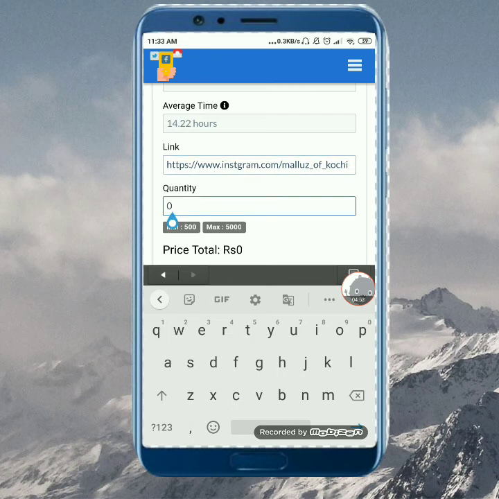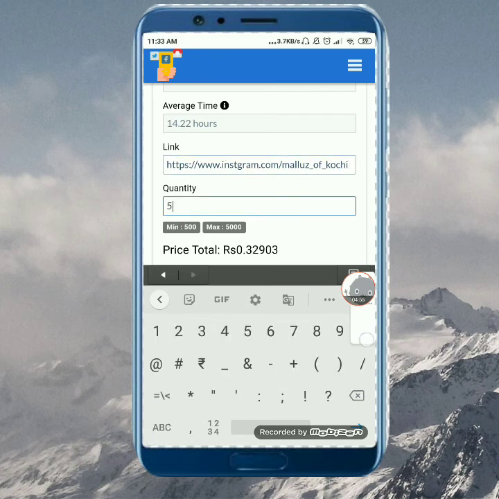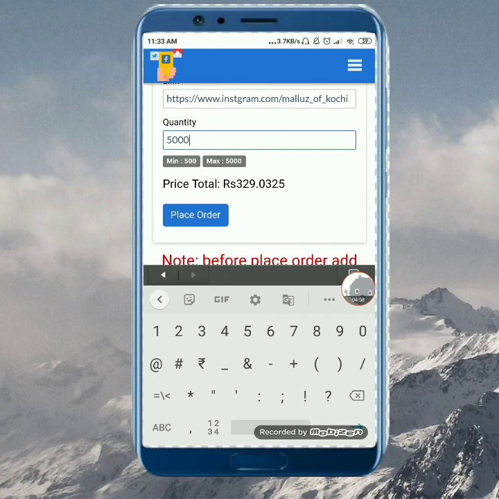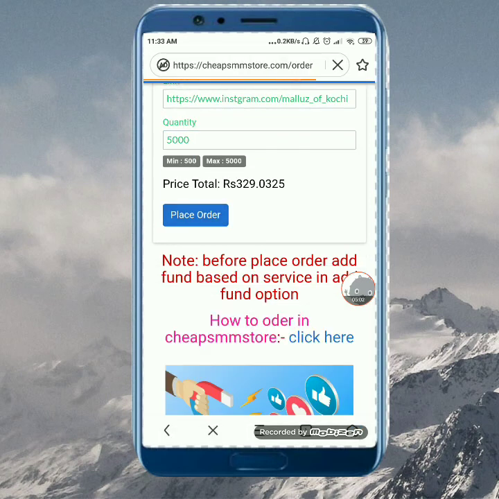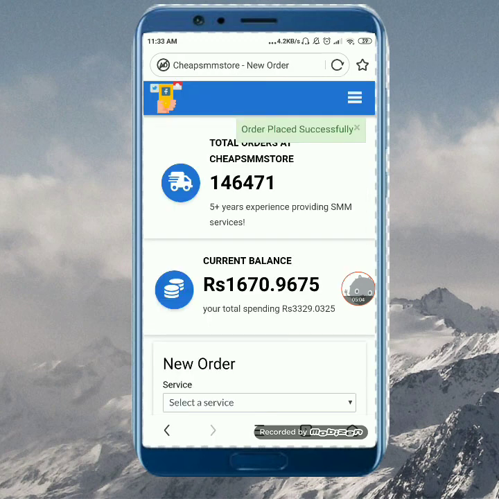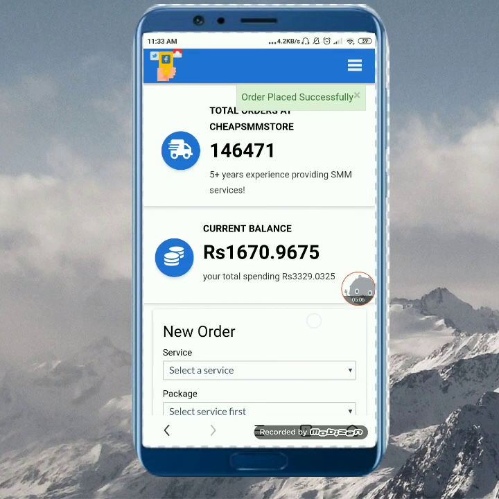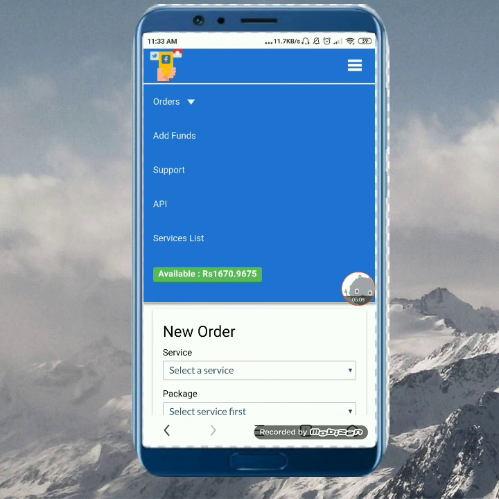In place of quantity, provide how much followers you need. I need 5,000 followers, so it is 329 rupees. Click on place order. It is showing order placed successfully. Click menu. Then you can see from 2000 my amount is removed.